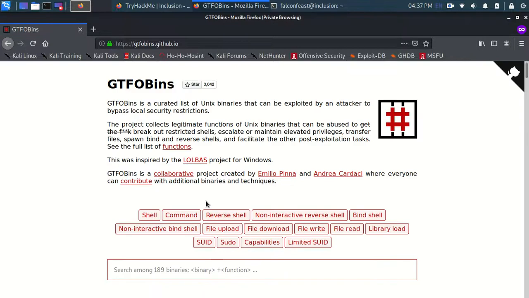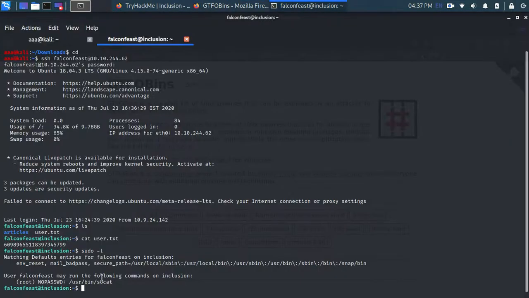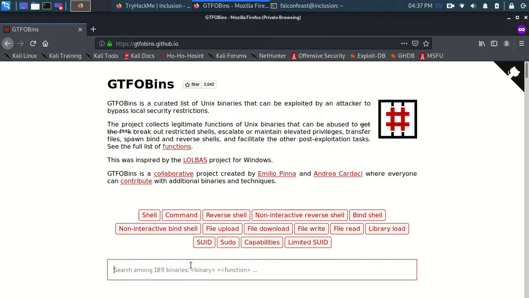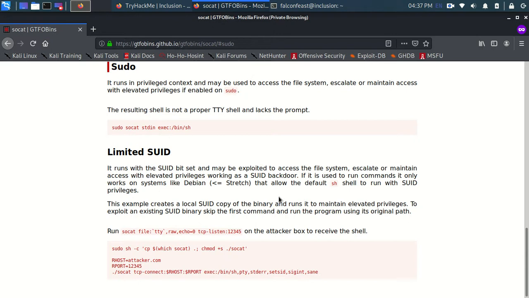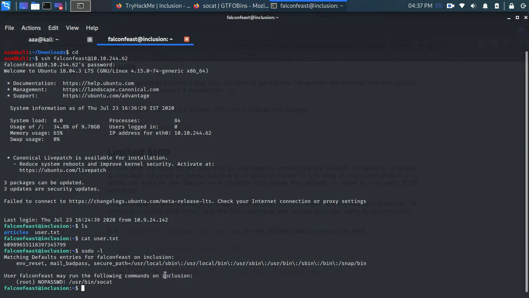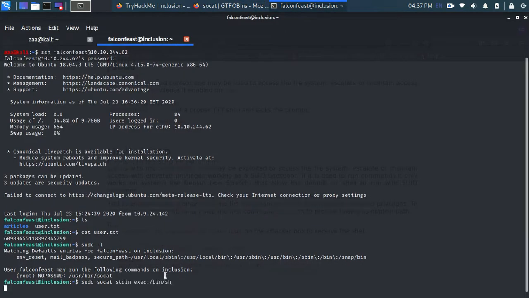Here I'll type the thing that is allowed, socat, and click on the sudo option. When I run this, I'll become root. I'll paste this here and press enter, and after pasting this, now I am root.